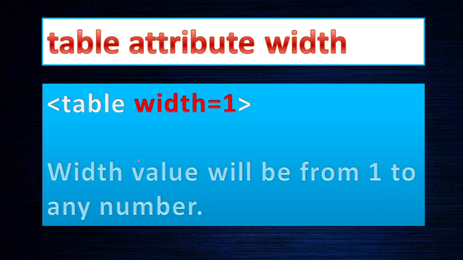Next, the width actually. We have seen the table. The table is compressed and on the left side, so you want to make it a little bit bigger. For that there is a width attribute. Along with the border, we have to learn the width attribute. The width value can be from 1 to any number. If you give 1, nothing will happen. Whatever the content is, it naturally takes that much width. Beyond that, when you keep on increasing, the table automatically grows or the spaces increase.